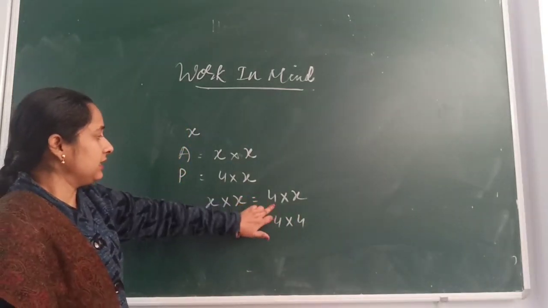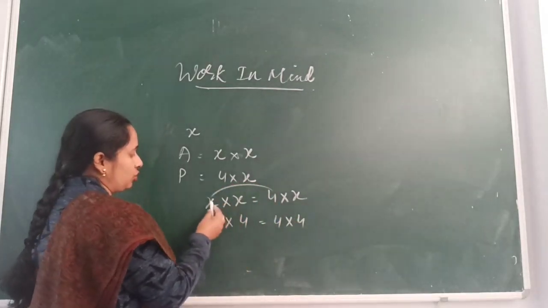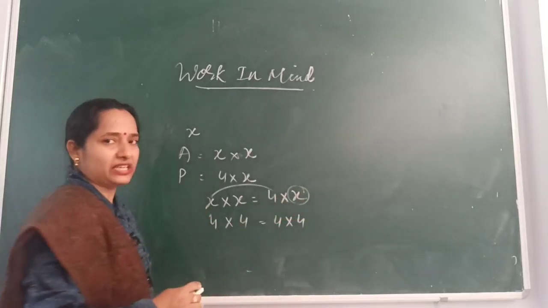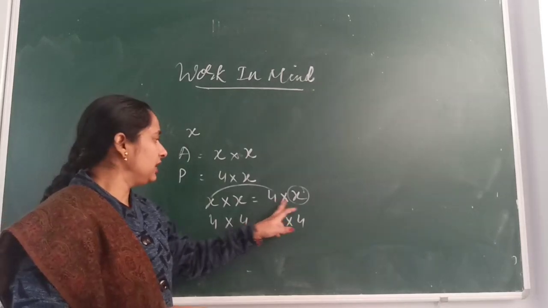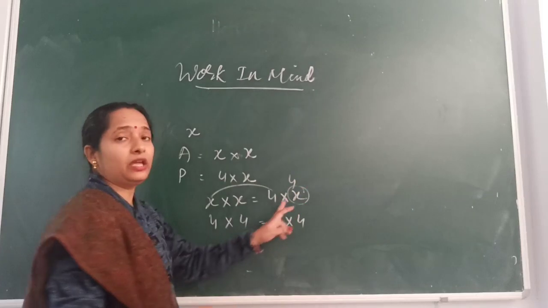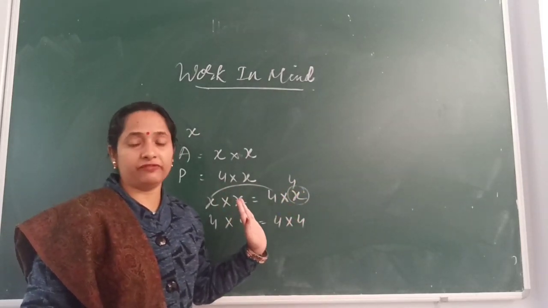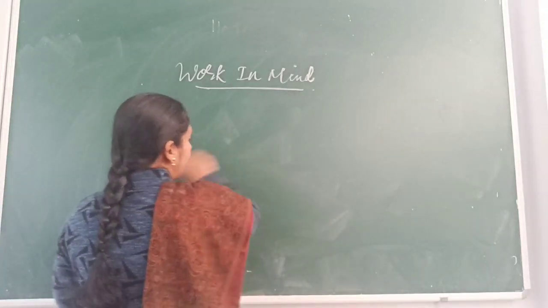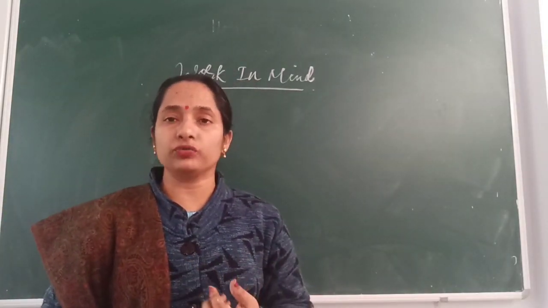Like here you can see these two. If you are equating these two, the first place is being occupied by 4, then what should be the next number? As we know the length of each side of a square is equal, then obviously this one will also be 4, only then it will satisfy the condition for finding the area of a square. So 4 is the side of the square for which the perimeter and area both will be equal.